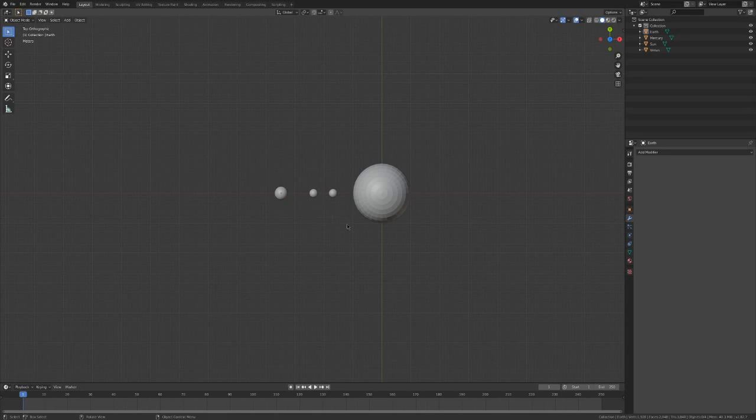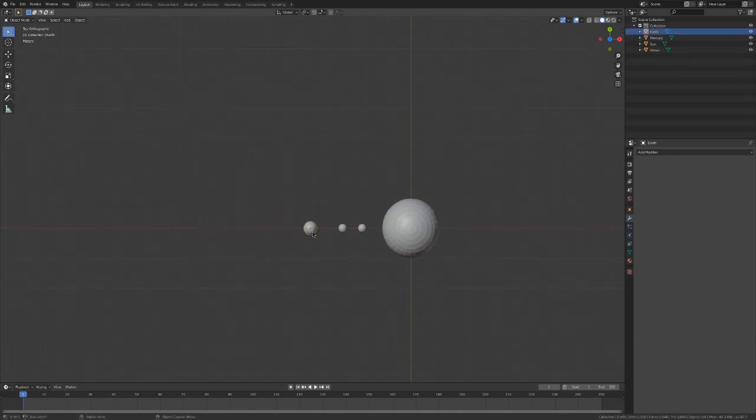When I'm copying the objects, I'm pressing Shift D and then X, so I move them only on the X axis without any major movement going on. So this is gonna be Mars,